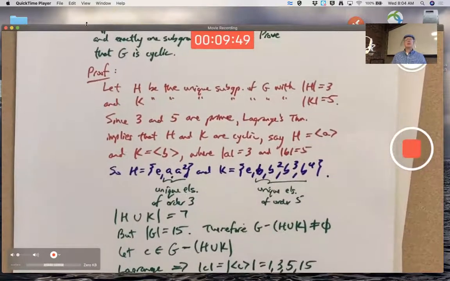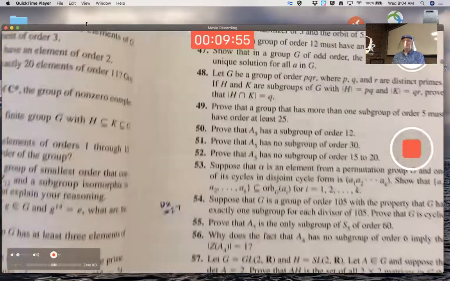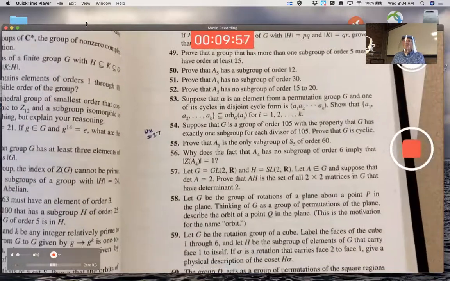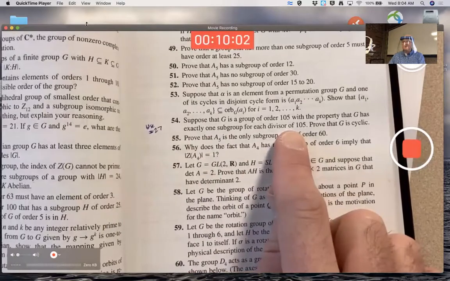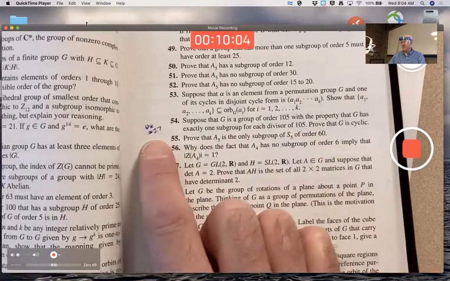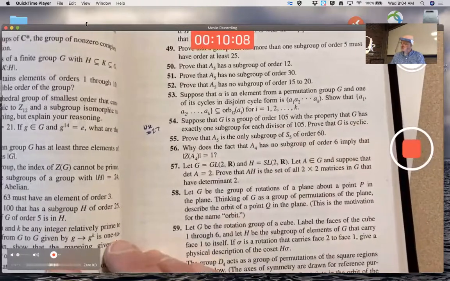For the graded problem due on Friday, again, that you will be emailing to me since we won't have class on Friday, you'll be doing a similar problem, number 54. I wrote use 27 there. Well, it's really use the method of 27. Maybe the fact in 27 is useful as well, but